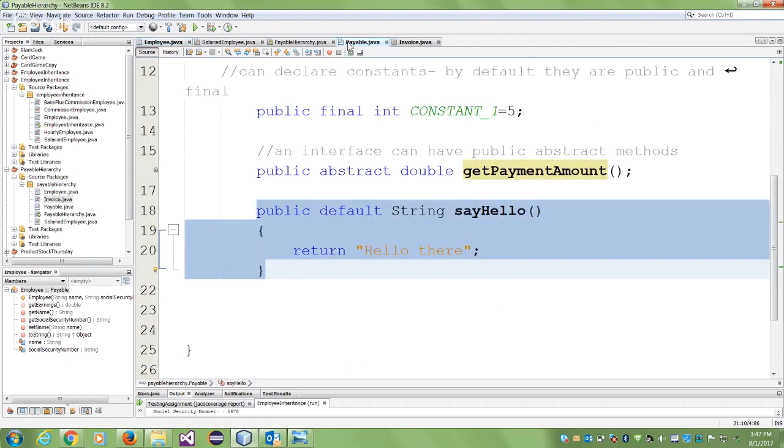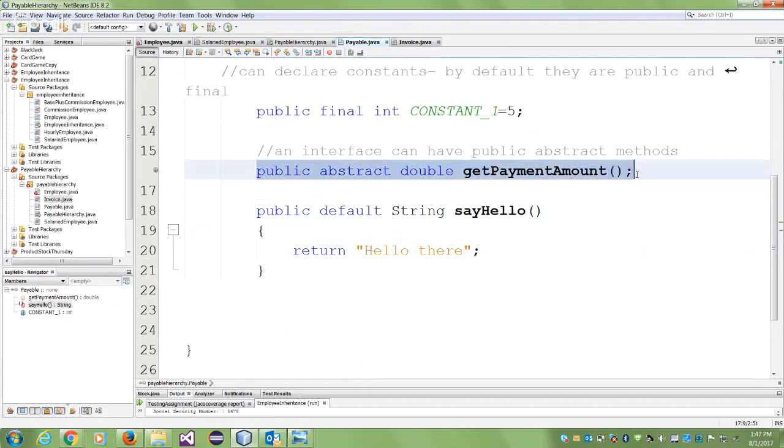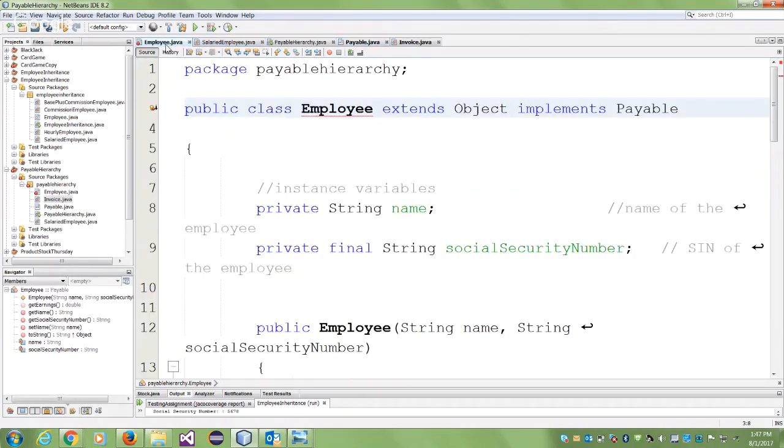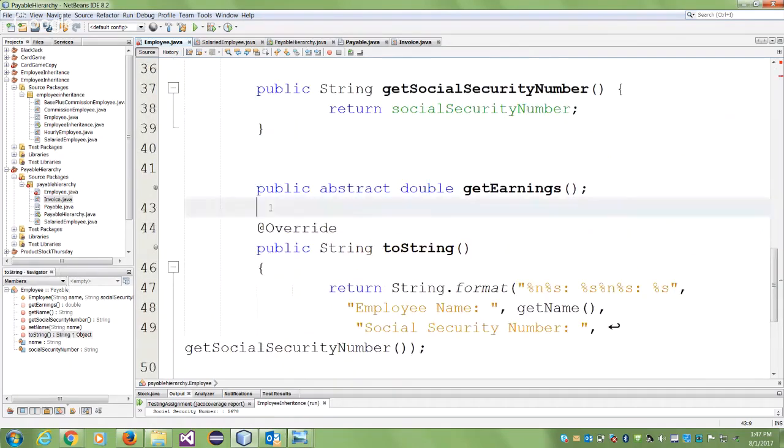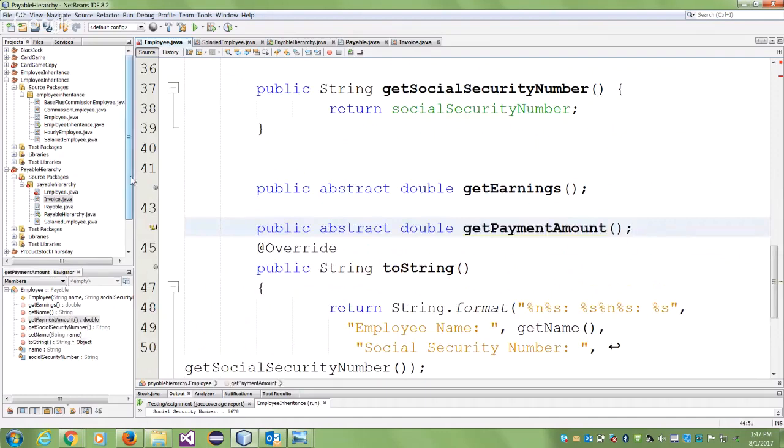I'm going to copy that method, just its signature, so that I don't mess it up. I come back to my employee and add it wherever you like, and bring your mouse over it. It will tell you what the problem is. Employee is not abstract and does not override abstract method of get earnings. Okay, so I have to do 2 things. One I'll do first. I'm going to add this method that I just took from there, and I have to